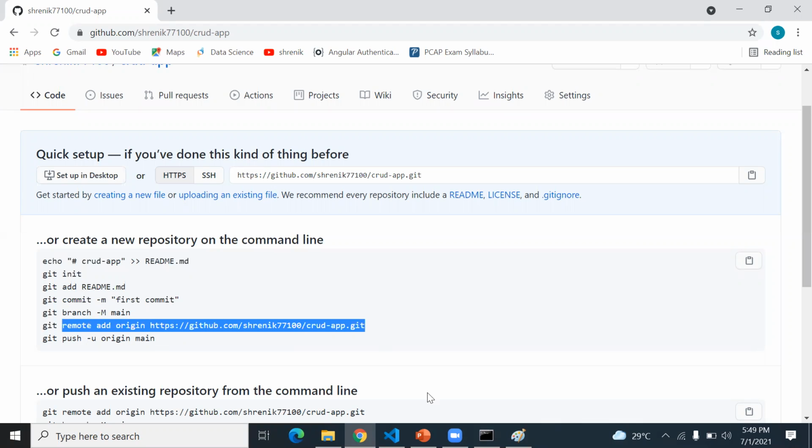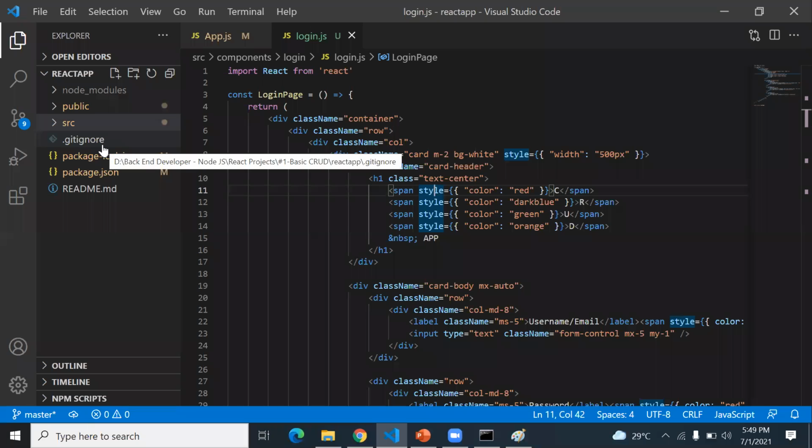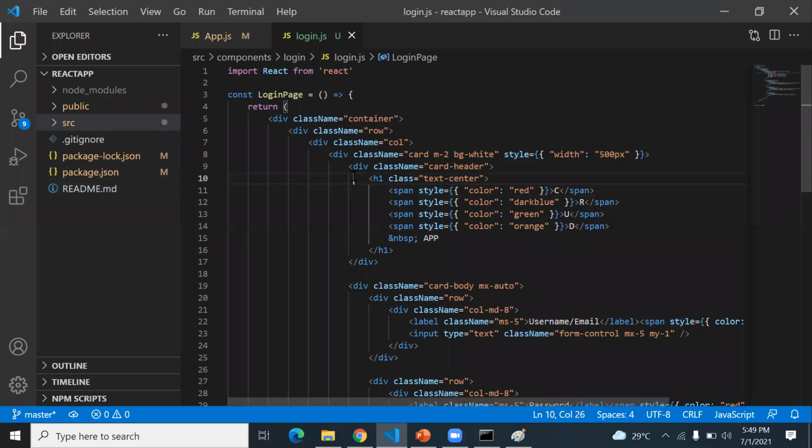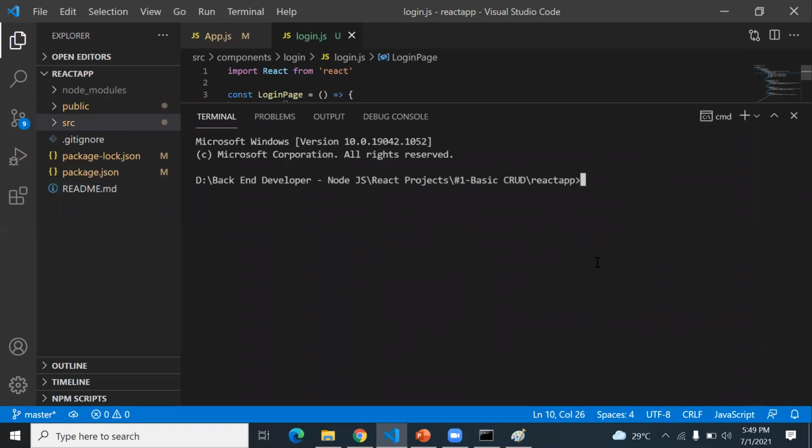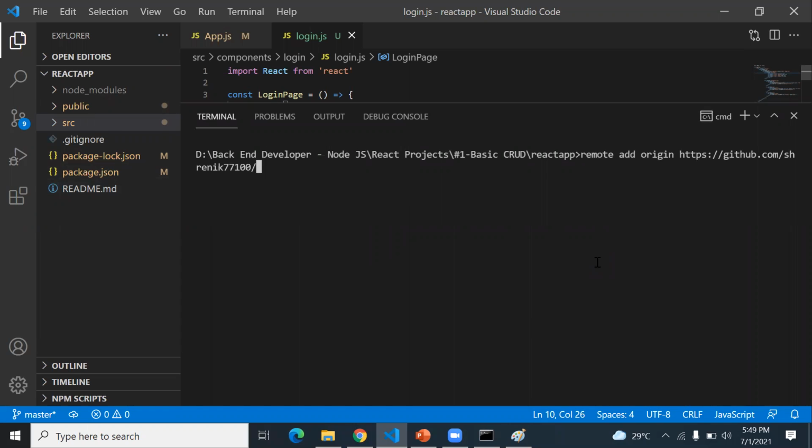I copy this, and in my Visual Code project, there is already the git ignore file as well as the readme.md file, which means git comes installed by default with the React project. Directly go to the terminal, and here you type this command, and before this command you also type git. Start with the git command. So this first connects with the git repository.